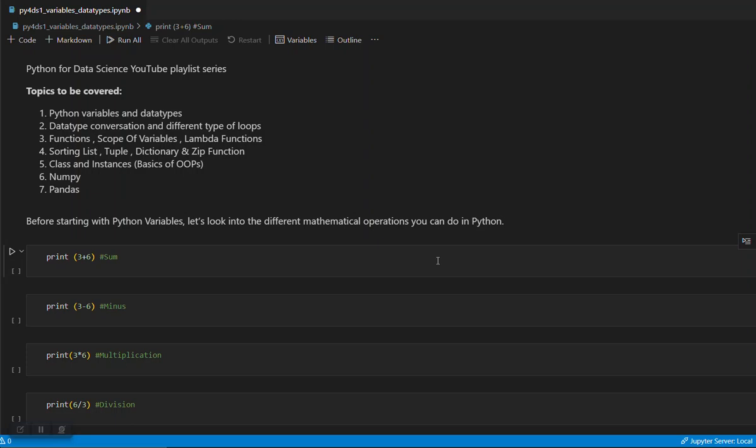So this series will mainly be Python for data science, where we will go through the very basics of Python, which is needed to do the data science work or to learn data science. The topics which I will be covering in this series: we will start with the very basics of Python, variables and data types. Then in the second session we will start with data type conversion and different types of loops. In the third session we will go through functions, scope of variables, lambda functions, then